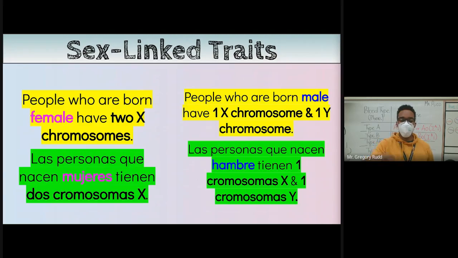As you noticed there, you've never heard about that? Okay, so let me explain that. I'm glad somebody has admitted that they don't know this. So when it comes to sex, this is what we're describing: someone's scientific anatomical features. Now, this is why I'm using the language people who are born female and people who are born male. And another way we might even say this in the year 2021 is people who are assigned male or assigned female at birth. The reason for this is that, believe it or not, one out of about every 1,500 births